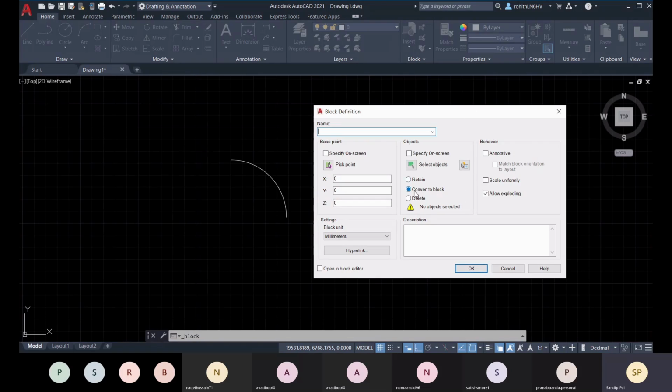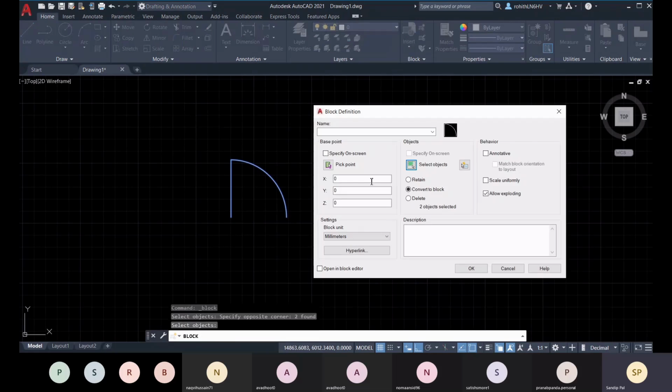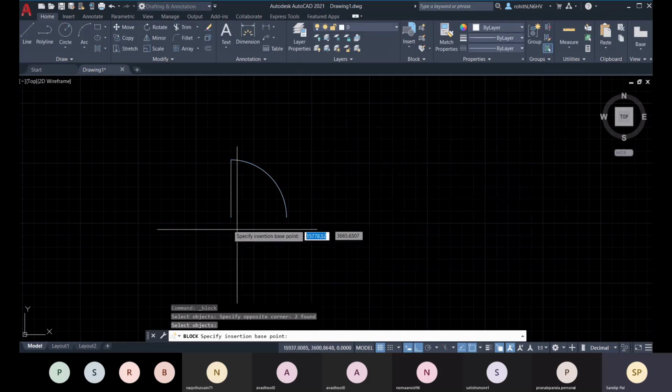So let's go with that default one and click on this select object, select all the objects first, and when the selection is done, press enter or right click and then give it a name like door1 or d1, and then pick point.